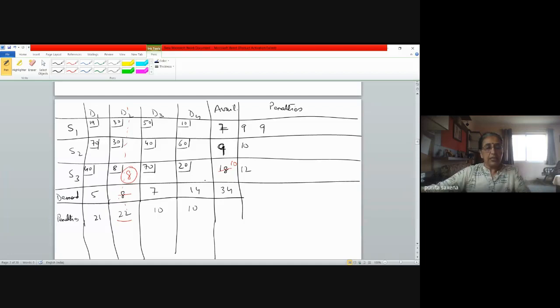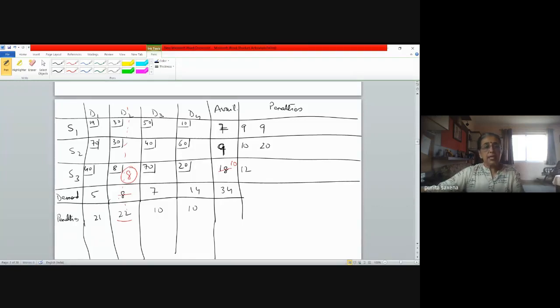Similarly here. Now what is the minimum? It's not 30. It is not going to be considered. Why? Because this column has been struck off. Is that clear now? So the minimum has to be chosen out of 70, 40 and 60. Which one is minimum now? 40. The next minimum, 60. So the penalty turns out to be 20 now. In the earlier case, it was 10 because we had 40 and 30 with us. Is this step clear now?